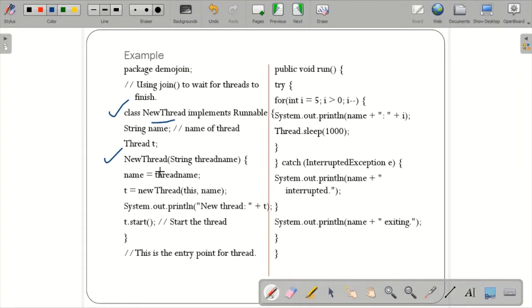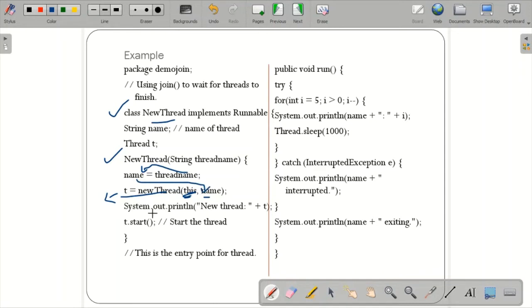Then I store this thread name in name, as in the previous example. This is the object of the thread which runs the runnable interface, that is void run, and this is the name whatever you have passed.